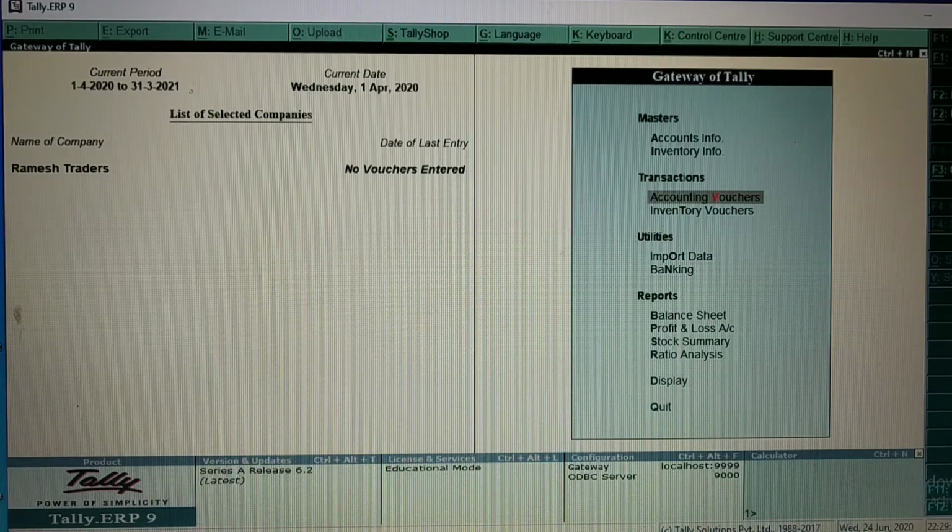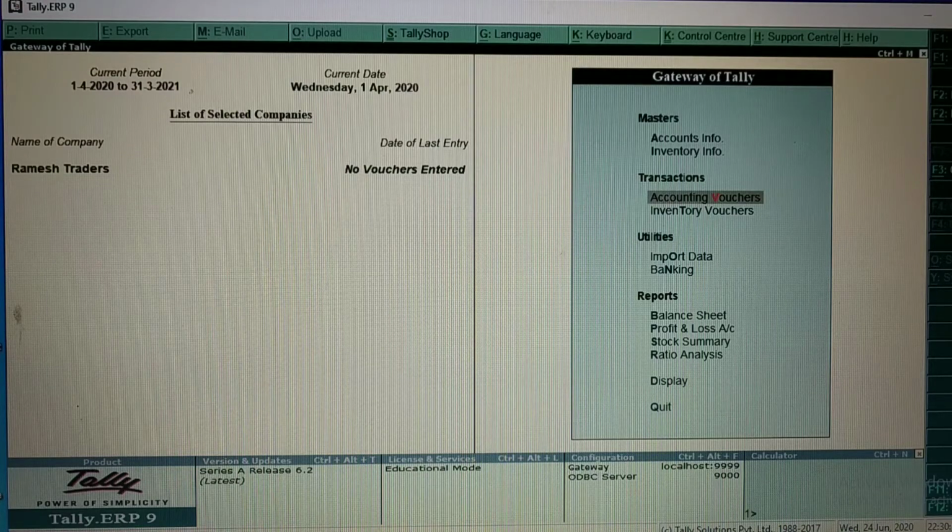Hello everyone. In this video, I am going to explain how to enter transactions in a voucher. Some transaction examples I have brought in this video. With all examples, I will try to show how to enter these transactions in a payment voucher, receipt voucher, and contra voucher. We all know that before entering these transactions in vouchers, first we need to create ledgers for these transactions. So in this video, I am going to explain a shortcut way to create ledgers in the vouchers itself.